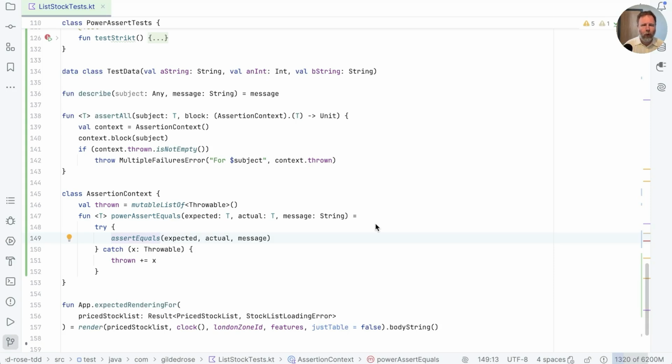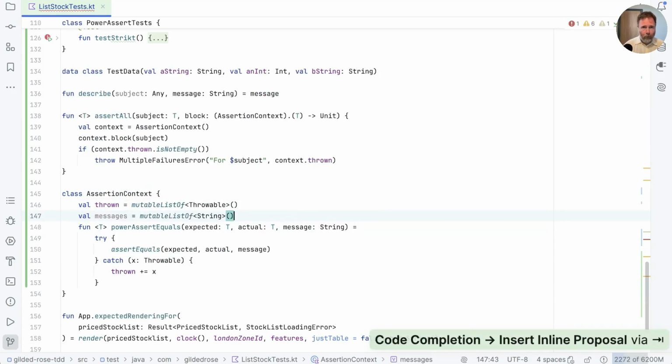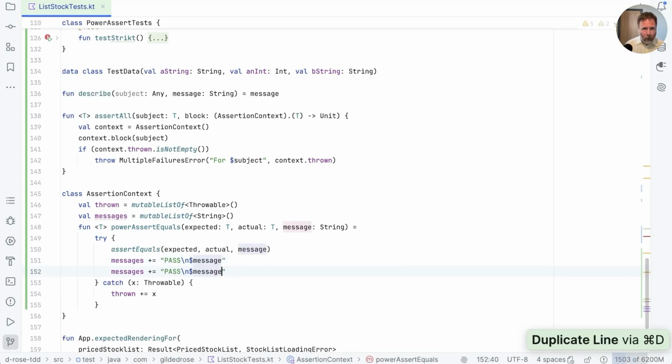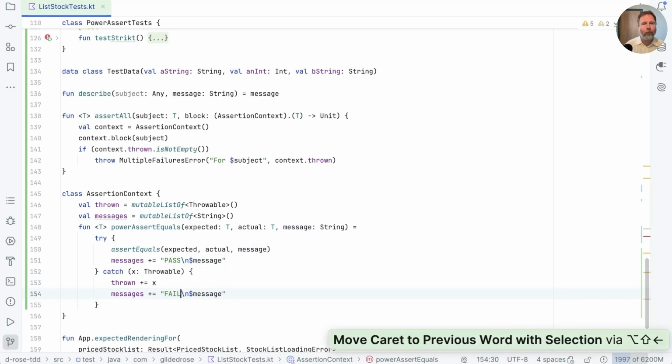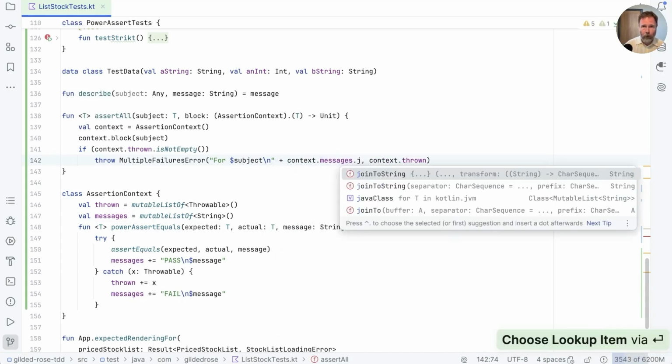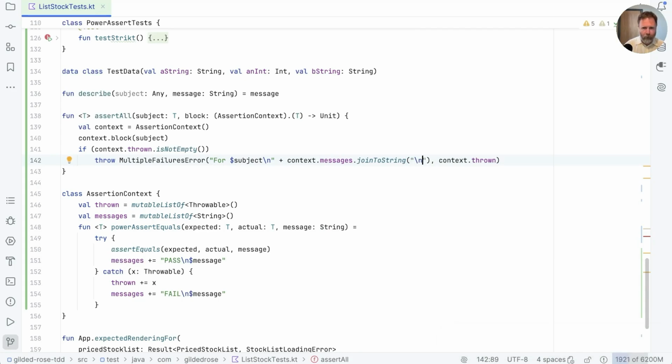Now, to see the expressions that passed as well, we can use what we found in describe, which is that this message is filled in whether or not the assert happens. So we can add ourselves in here a val messages as a mutable list of string. And if we get to here, then we can add to messages knowing it's a pass, and we can put in the message. If we get to here, then we know it's a fail. And now up here, we can use that to build a long description. So we can say for subject and then add in the context messages join to string with a new line. And if we run that,